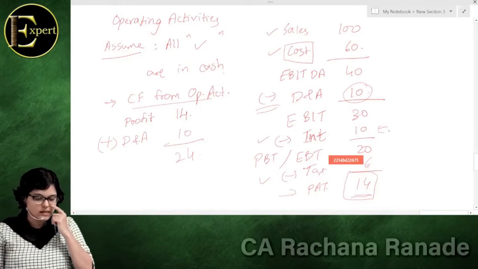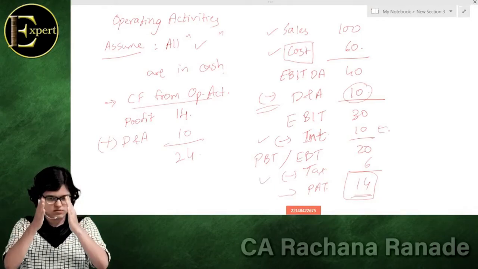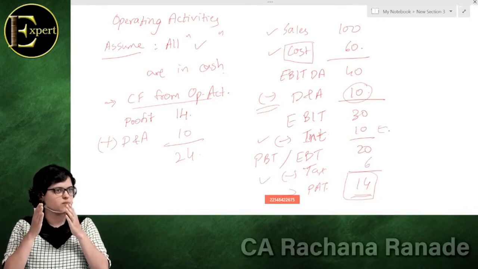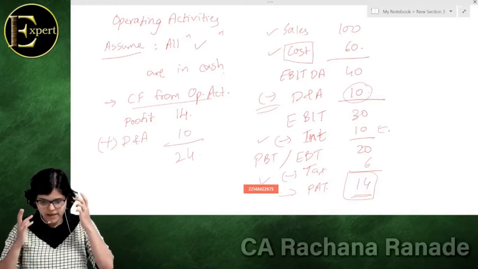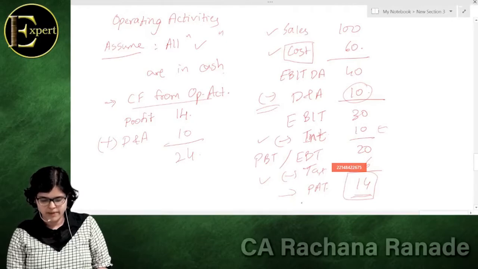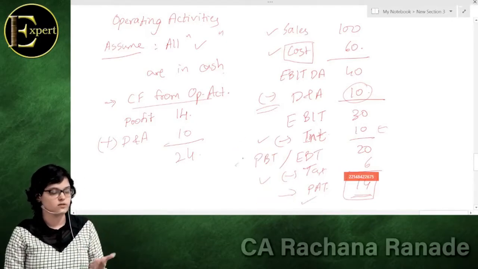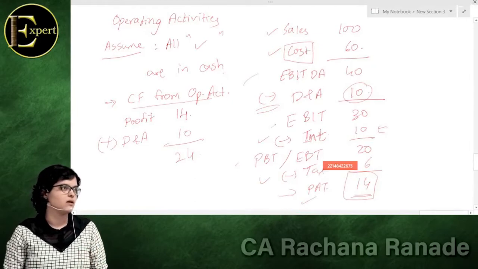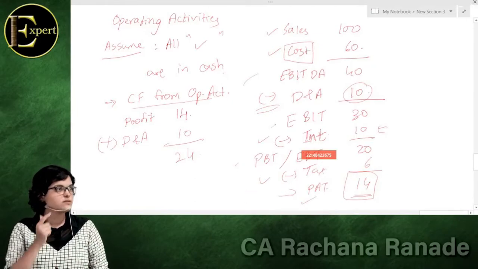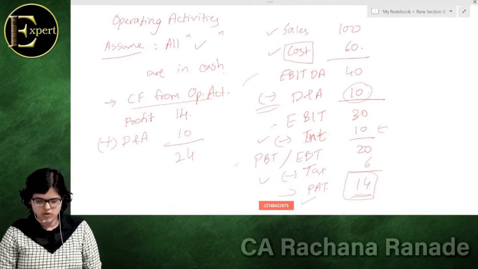You should have a very clear image of this pillar of what we are talking about: sales, cost, EBITDA, depreciation, amortization. Because you will have many formulas, many ratios, a few of which talk about PAT to be taken in the numerator or denominator. Some take PBT in the numerator or denominator. Some take EBITDA, some take EBIT. So you should know exactly what is the difference between what. Right.